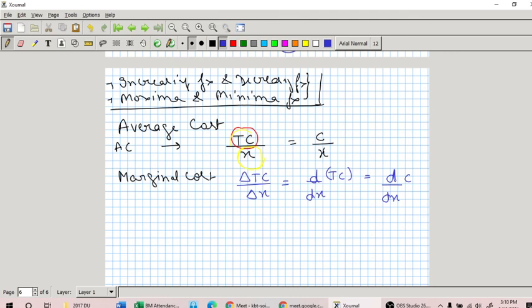And many times the examiner will ask you to prove the previous theorems, like when marginal cost falls, average cost falls, but marginal cost is below average cost, and when average cost rises, marginal cost rises but at a faster level than the average cost. So it intersects the average cost curve at the minimum level of average cost. So we'll study these things in the upcoming sessions, and now I want you guys to do some practice on these. After this we will move towards the relationship between average cost and the marginal cost curves.